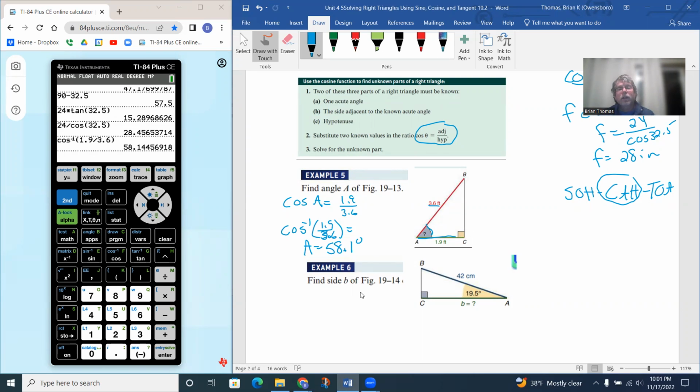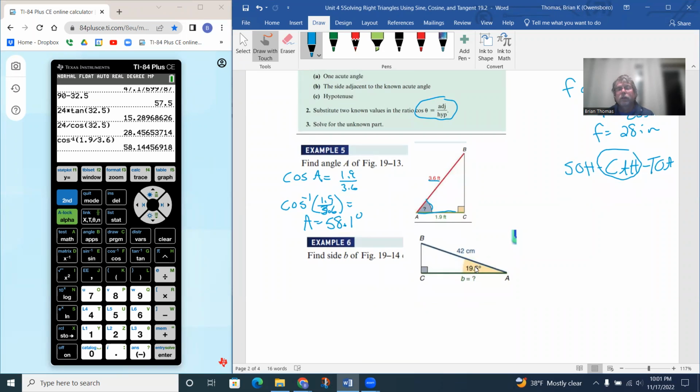Now, in example 6, if we want to find side B, notice how if this is the acute angle given, side B is the adjacent, and the 42 that's given is the hypotenuse. So that tells us that we are going to use a cosine. So the cosine of 19.5 is going to equal the adjacent, which we don't know is B, and the hypotenuse is 42. So again, if I put this cosine over 1, we can treat this as a proportion and cross